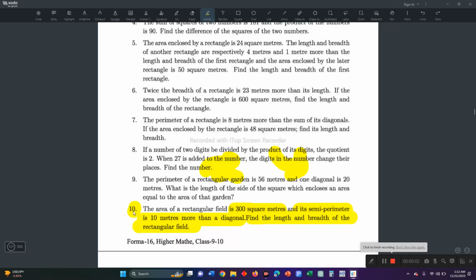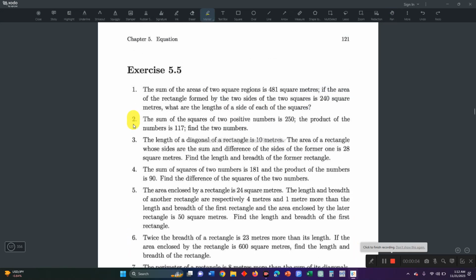We have completed number 10. Now we will see what we have for 2 and 4, as these two questions are almost the same. The sum of squares of two positive numbers, and the sum of squares of two numbers. In question number 2,